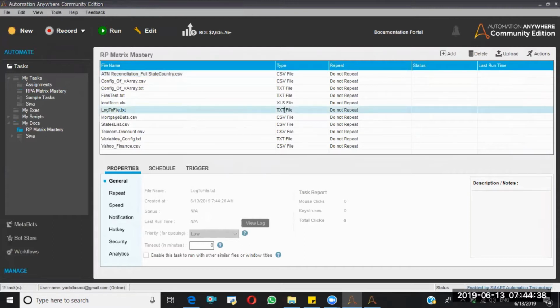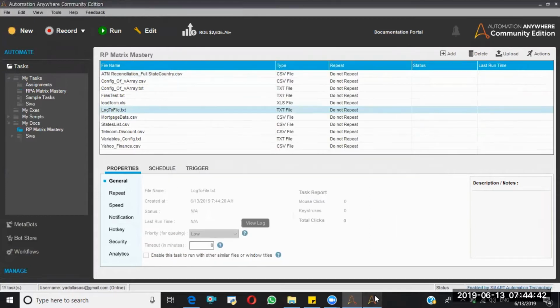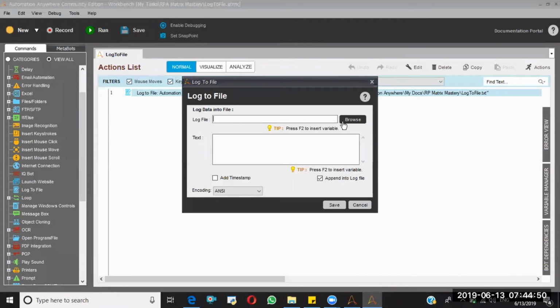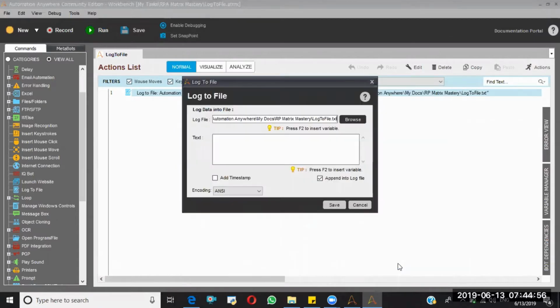See, automation anywhere training. Now I want to add one more thing in the same text file. So I'm going to select Log to File. See, here you have to remember one thing. If the file was not there, it will create the file and write the data in that file.